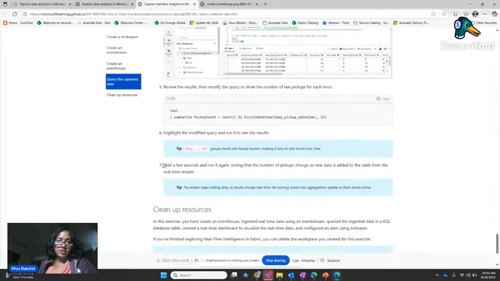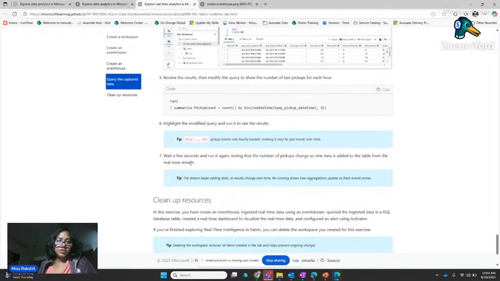Whatever it is that you need to do, there is numerous documentation. You can search the Microsoft online documentation and you'll be able to see sample syntax. You can just copy and paste those, modify them for your table, and play with it. So this is basically nothing but a group by for every hour: what is the total number of pickups?